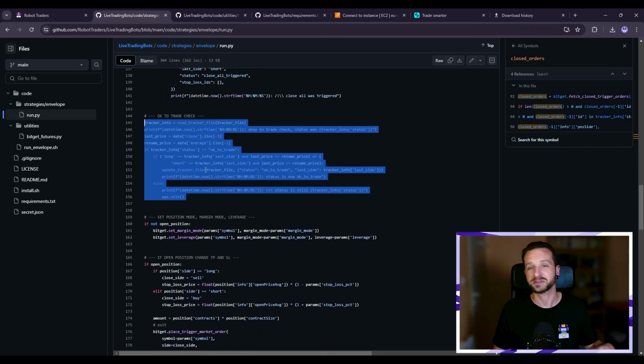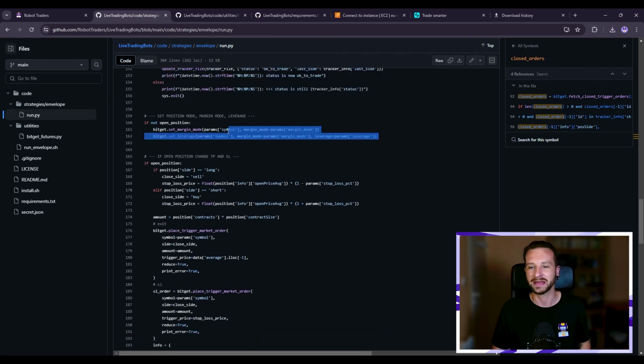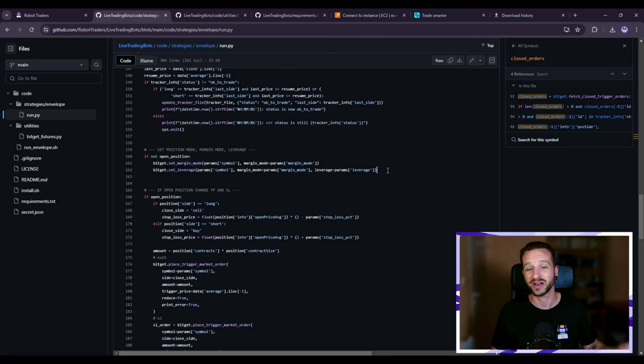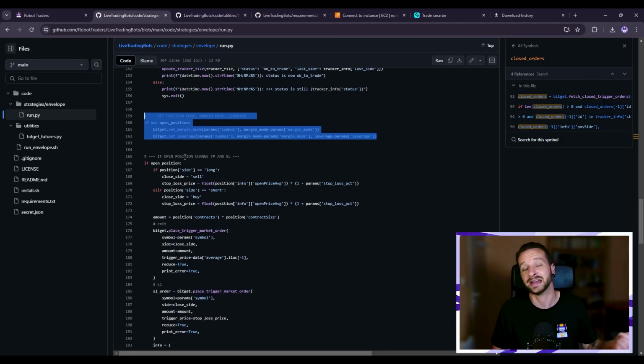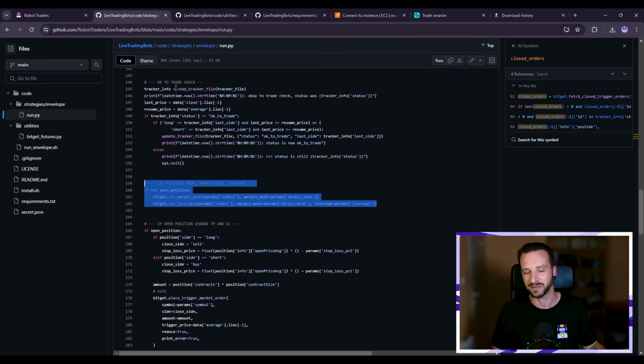So it stops there until the next candle, until there are enough runs to get to the point where the price has touched the average. Okay, next section here, we're setting the margin mode and the leverage. This is really relevant only the first time this script is executed. Then it won't have to update anything, because things will be according to the parameters that have been set